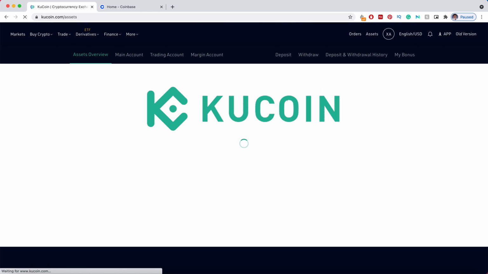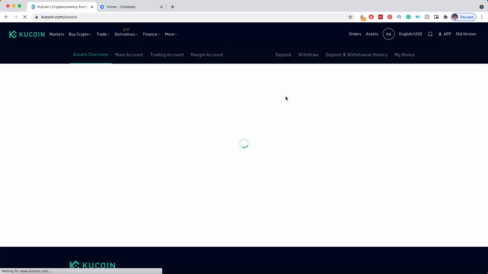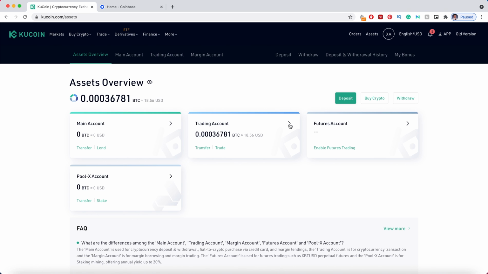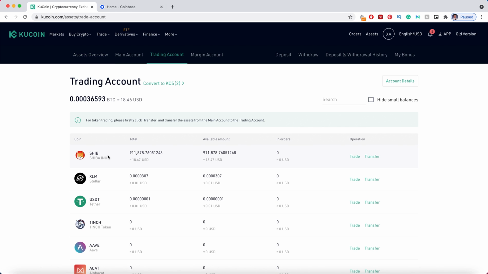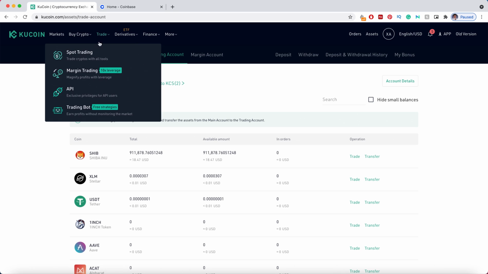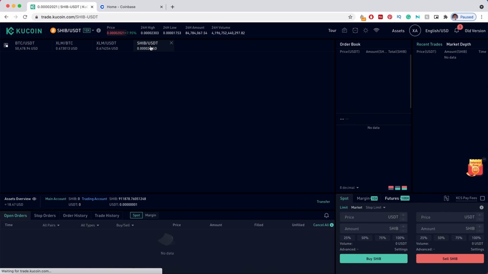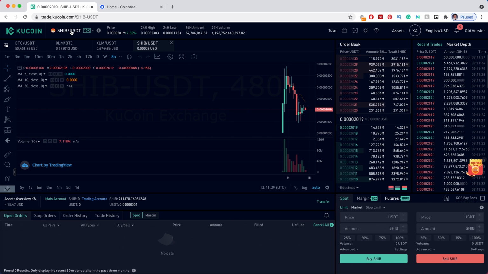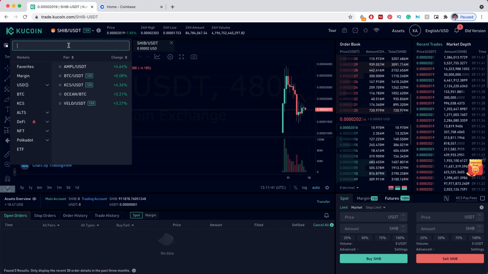What you're going to need is a Kucoin account and a Coinbase account. So first, in your Kucoin account, you will have your Shiba Inu coin in your trading account. If it's already in your main account, you can just go and transfer it back into trading. Then go up to spot trading in the top left and search for SHIB/USDT. I already have SHIB/USDT open right here, but you can go to the search bar in the top left